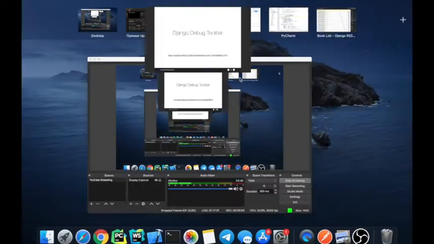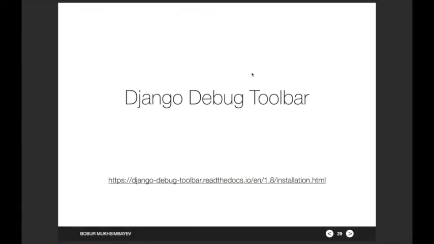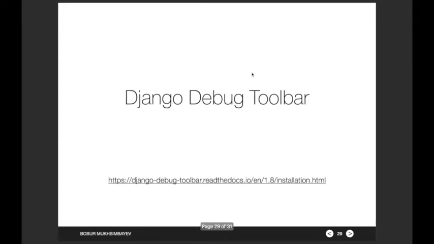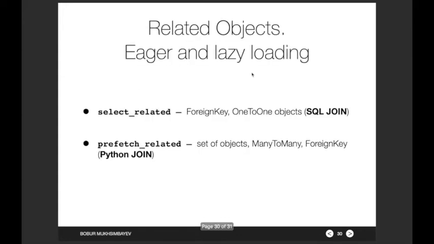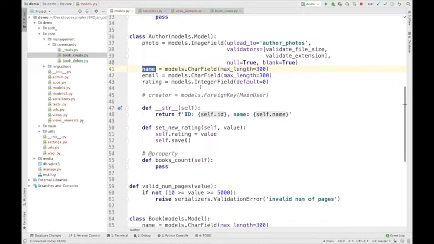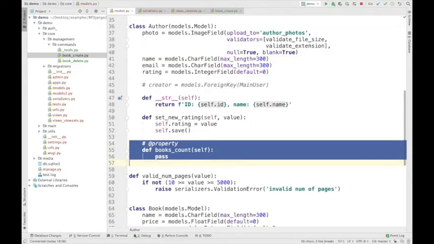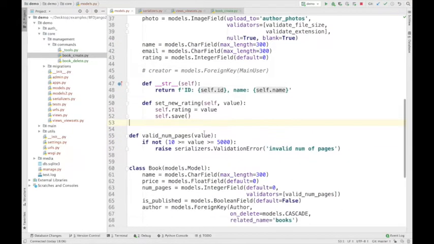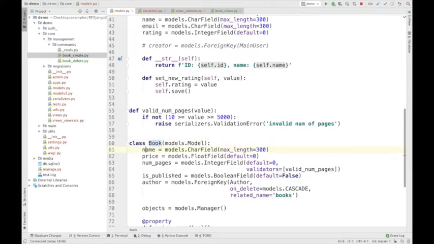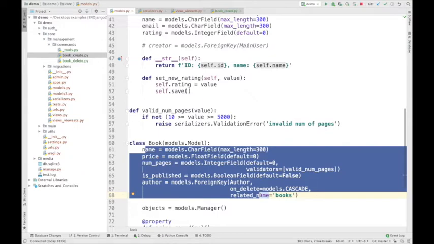And here we have the power of two functions. The first one is select_related, the second one is prefetch_related. When we talk about eager and lazy loading, what is eager and lazy loading? So let's see our tables again, our models again. We have two models, authors and books. When we are trying to get a list of books,